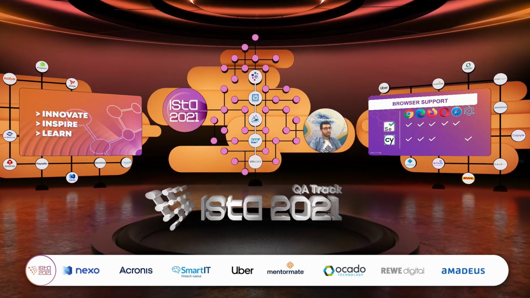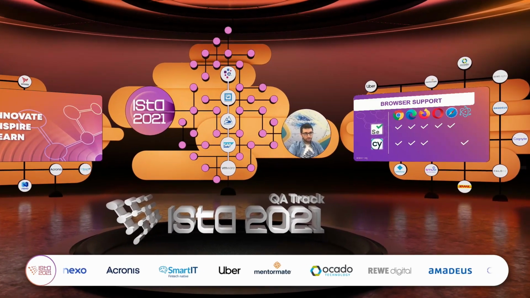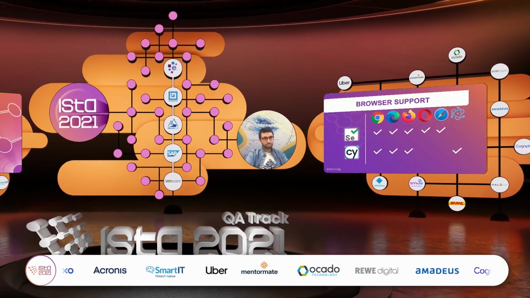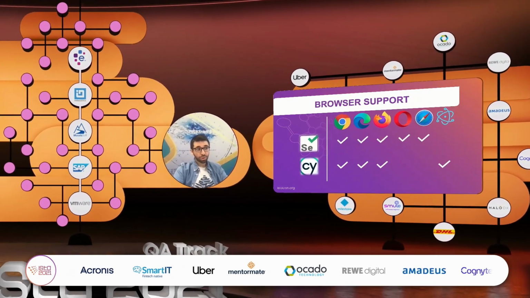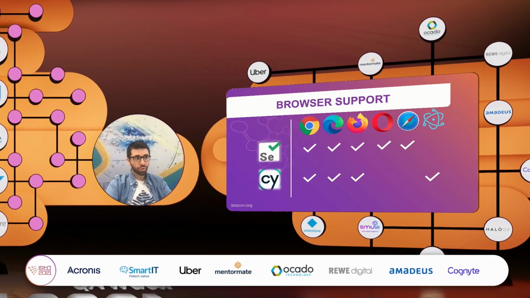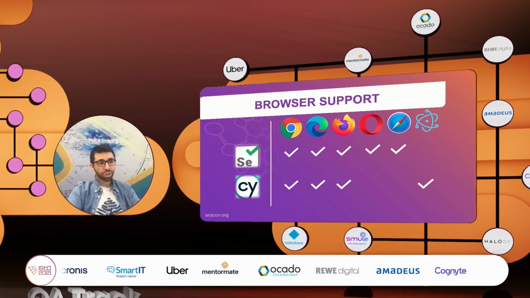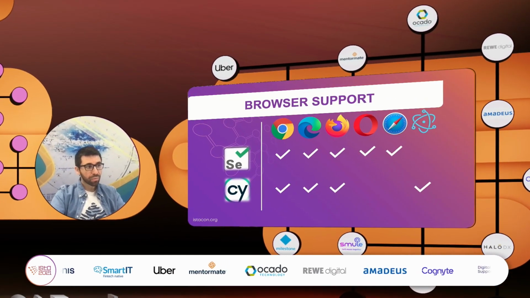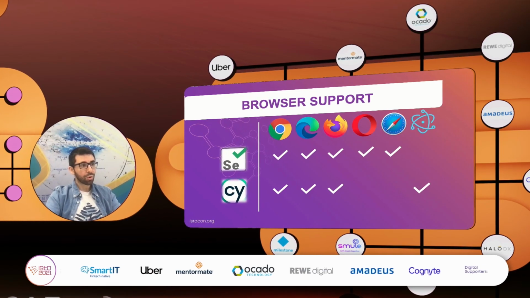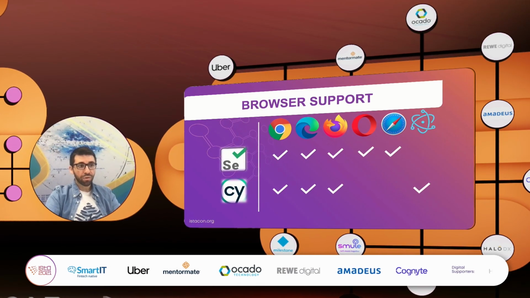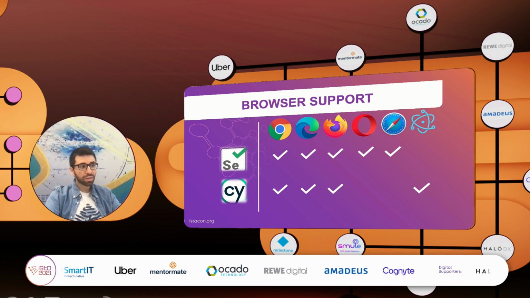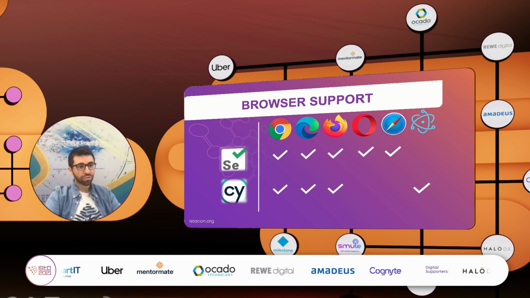Round two. As far as the browser support goes, it's expected for Selenium to have more browser support because it's been on the market for more than 15 years, actually since 2004 when Jason Huggins created the first JavaScript test runner. So Selenium supports Chrome, Edge, Firefox, Opera, and Safari, while on the other hand, Cypress supports Chrome, Edge, Firefox, and